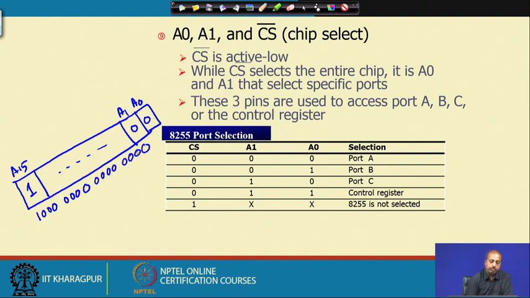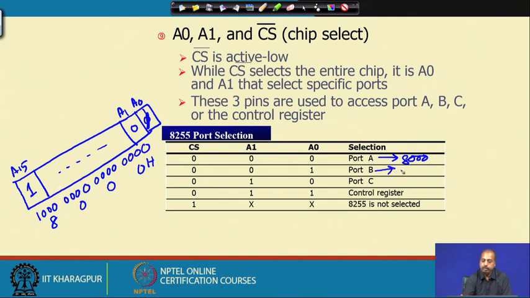So, this is the 16 bit address bus. You see that this is basically 8000 in hexadecimal. So, if I connect like that, the A15 line, inverted, connects to the CS bar pin of the 8255, then this port A address turns out to be 8000. Similarly, if A0 is 1,